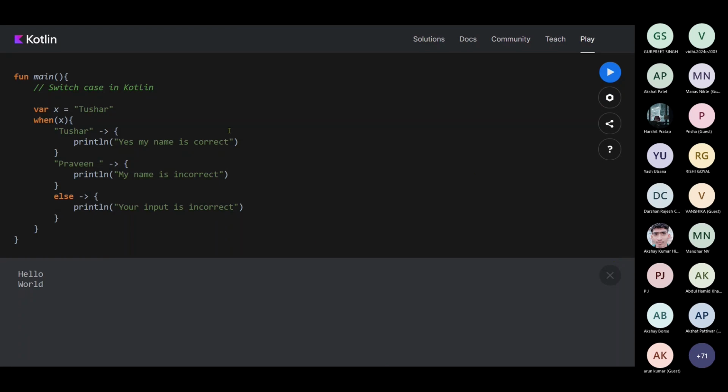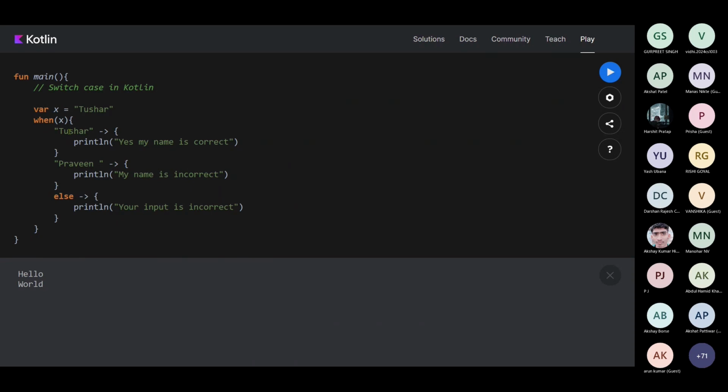Okay then, let me just tell you what this program means. When x, we are defining a condition first in switch case. As I said, when you are hungry, you will eat. When you're thirsty, you will drink. So it depends on the condition. I am creating that condition in when, and it can have different cases. This Tushar, this Praveen is a case where my x value is Tushar or my x value is Praveen.